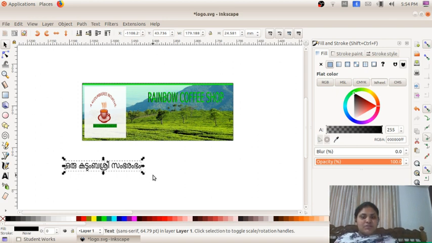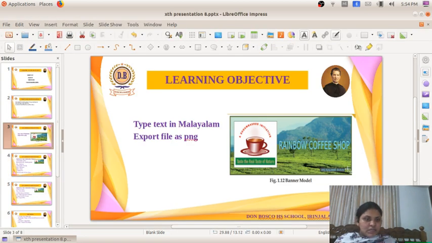Oru Kudumbasri Sambrambam, it is okay. So we have to keep this in the banner. How it looks, you can see here. It is in a small black box. In the black box it is in blue color, right? The font letters are in blue color. So we have to do like that.